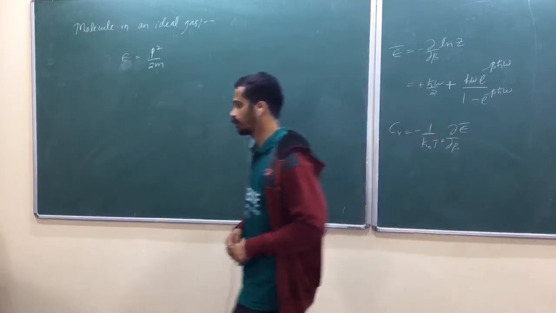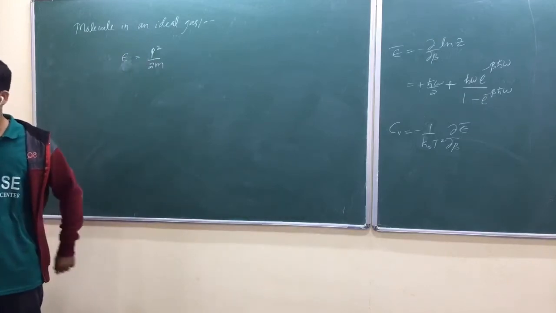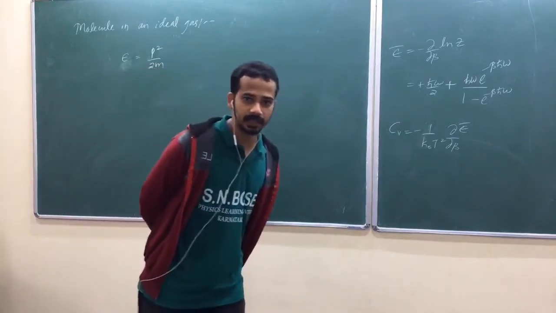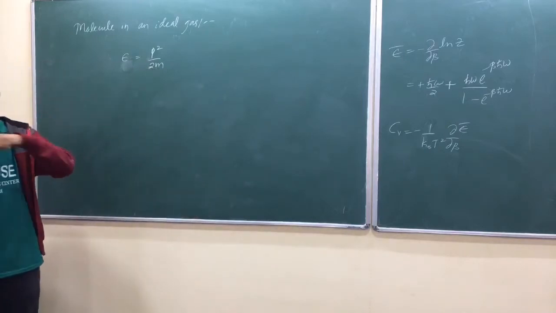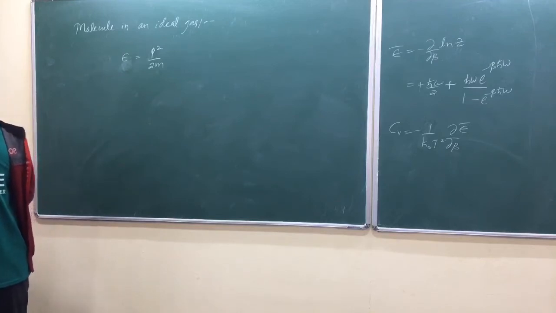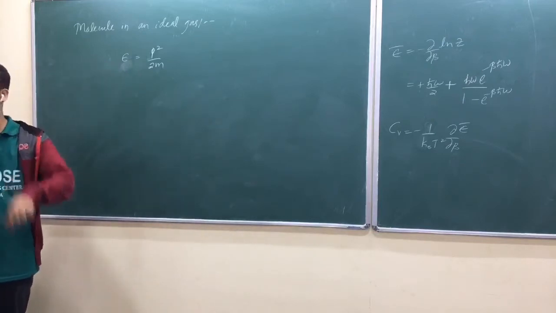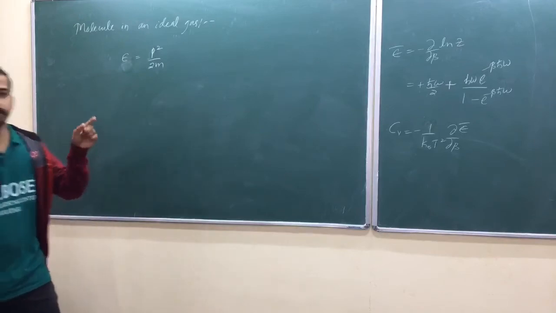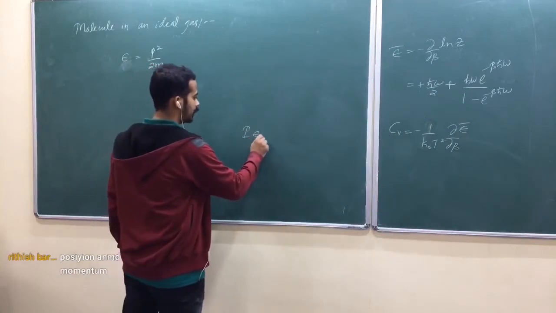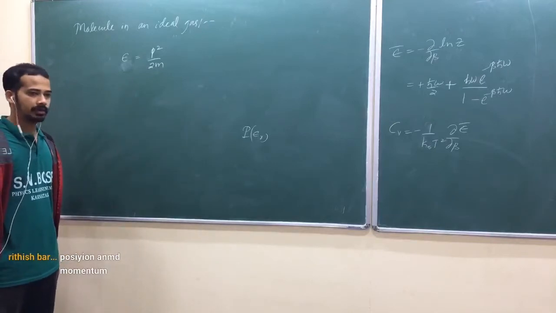Let me start with earlier. Suppose a particle is in a quantum harmonic oscillator. What was the specification of state of the system? Quantum number, isn't it? It is in the ground state, it is in the first excited state, isn't it? Like that, if a molecule is free to move throughout the container, what is the specification of state of the system? Position and momentum, isn't it? Now you need to define probability with respect to position and momentum. Probability of getting this position with this momentum, just like earlier we defined the probability of getting this energy level, am I right? We wrote the probability of getting E_r earlier, because we had discrete energy levels and particles occupied those levels.